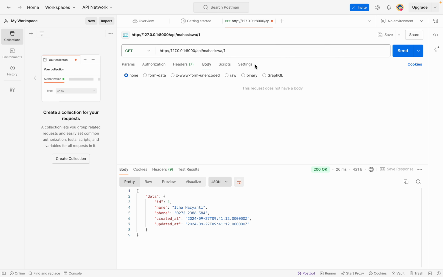If you want to search the second data in this Postman, you can write 2. You can see, and maybe I want to see 7, the last one just created, Robit Al Bogori. Okay, like that.